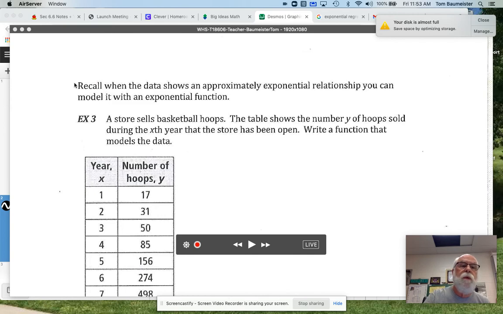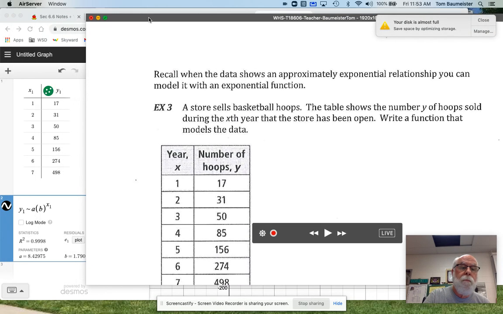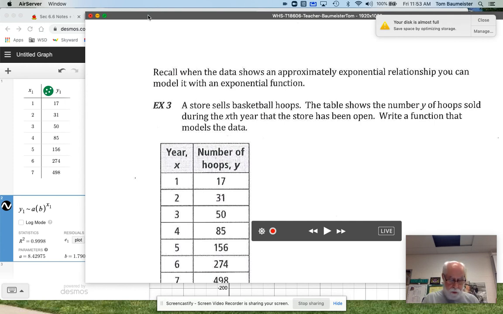And what did I say a was? 8.472. So our answer will be y is equal to 8.472